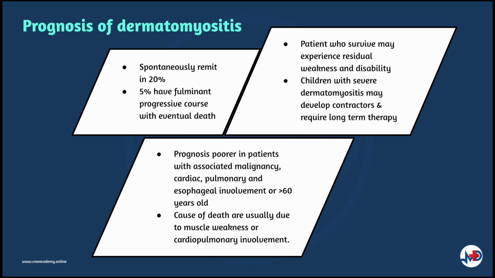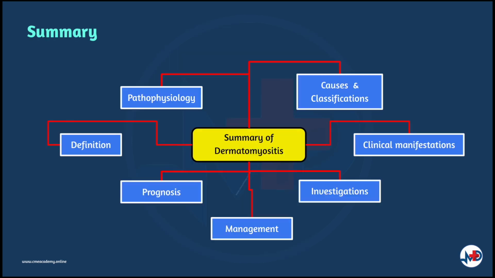Dermatomyositis patients with an associated malignancy, cardiac, pulmonary, esophageal involvement, or of older age group have poorer prognosis. The cause of death among dermatomyositis patients is usually due to muscle weakness or cardiopulmonary involvement, while some of them die associated to malignancy. In summary, dermatomyositis is a rare idiopathic long-term inflammatory disorder of the muscles with characteristic cutaneous